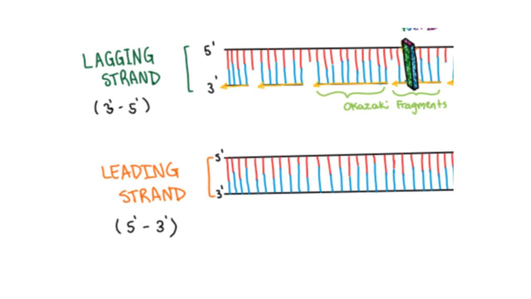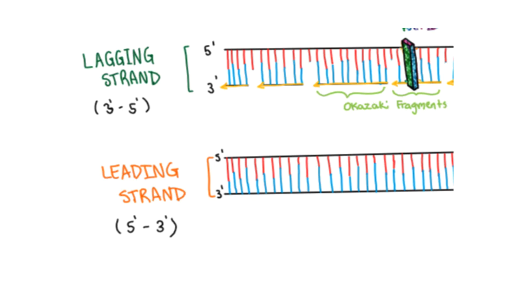The other strand is called the lagging strand. This strand has the orientation 3' to 5'. This direction is moving away from the replication fork, which induces stress. This stress results in small fragments of DNA being produced called Okazaki fragments. It is called the lagging strand due to the fact that it lags behind the leading strand when it comes